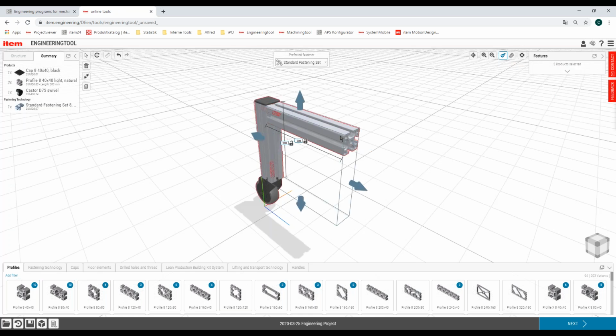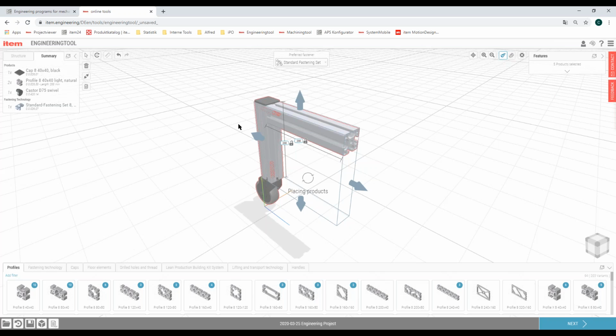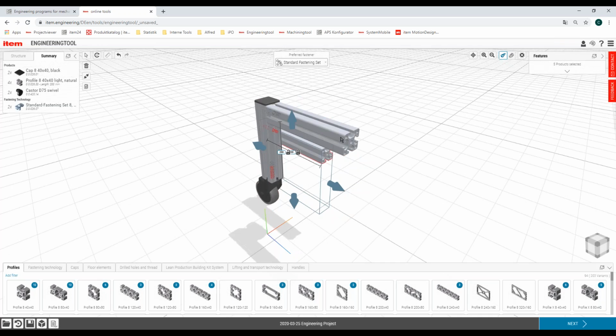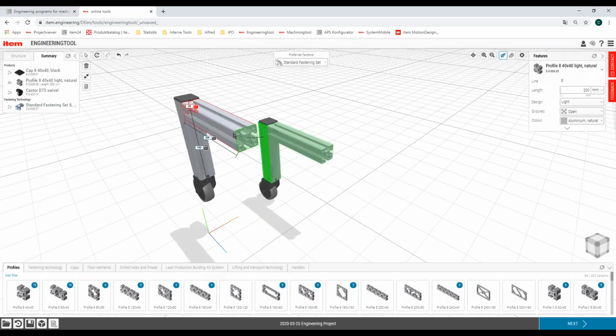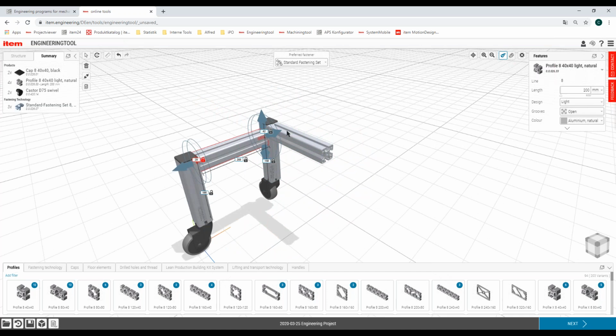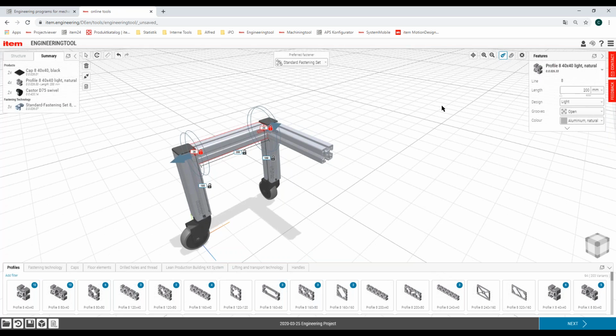That's the easiest way to select everything which is connected with each other. I do this, and now I can either hit copy selection or hit Ctrl C, Ctrl V on my keyboard, so copy and paste. Move this, place my design, and now half of my table is already finished.